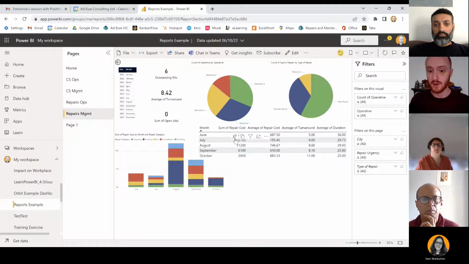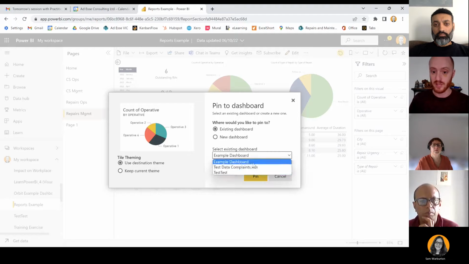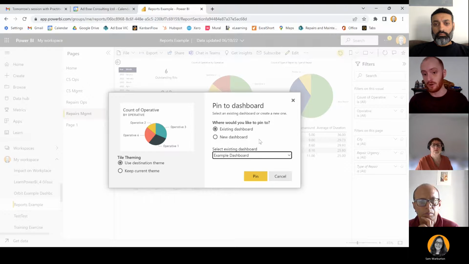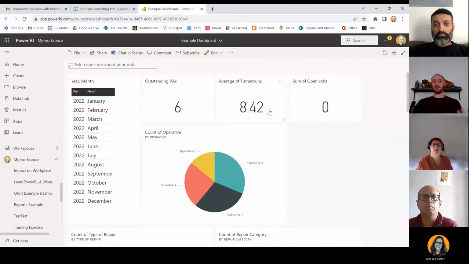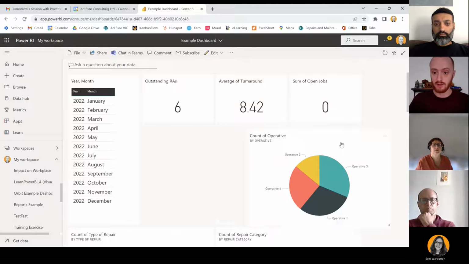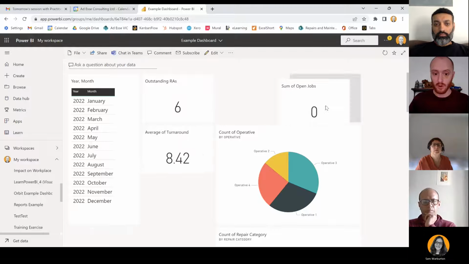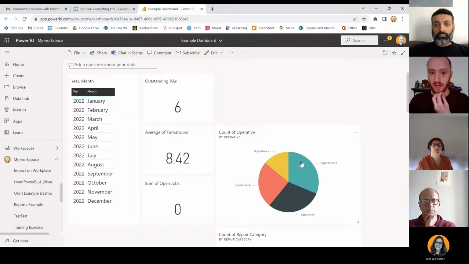going into your measures themselves, we're able to pin these into whatever dashboards we potentially want at the moment. So if we're building certain dashboards, we might want to pin these ones onto it. So we pin these on, and what this does is these builds the dashboard views that we might have. So these are going to be the sets of information that are going to be out a lot more. We're able to obviously move around all of this sort of stuff in order to do it to your best